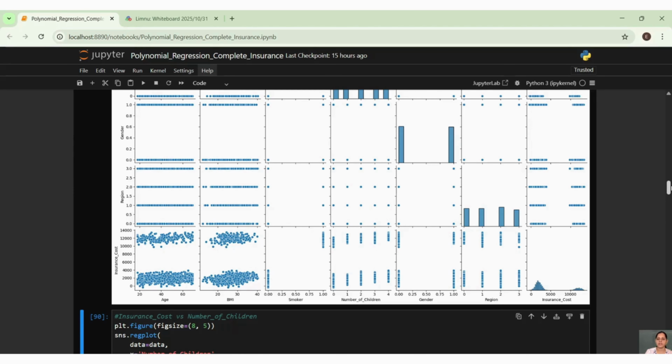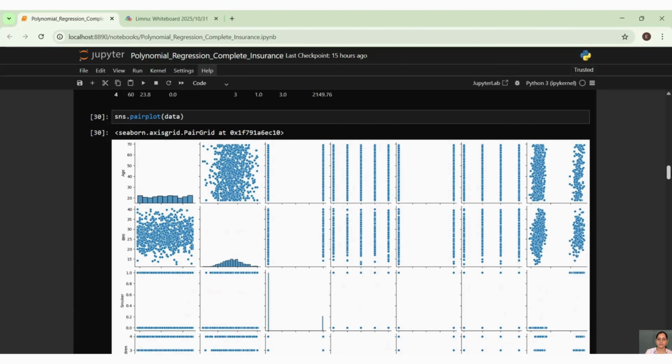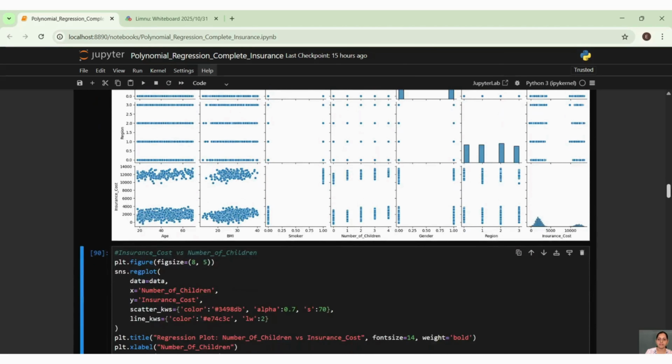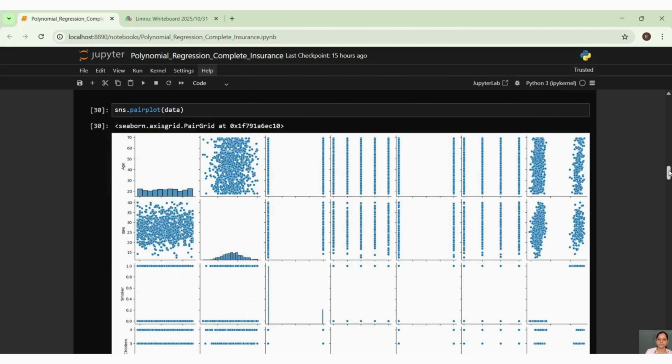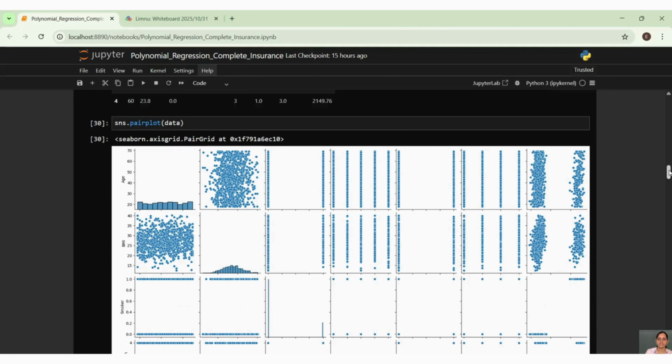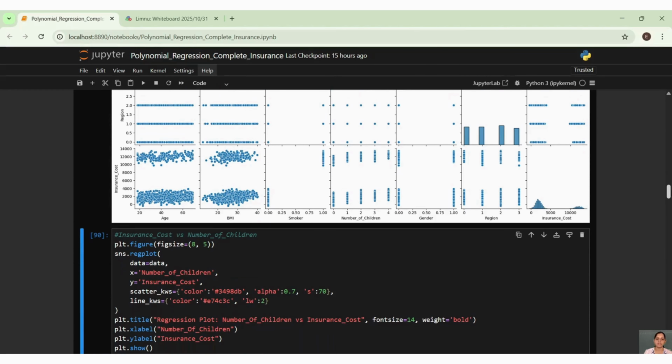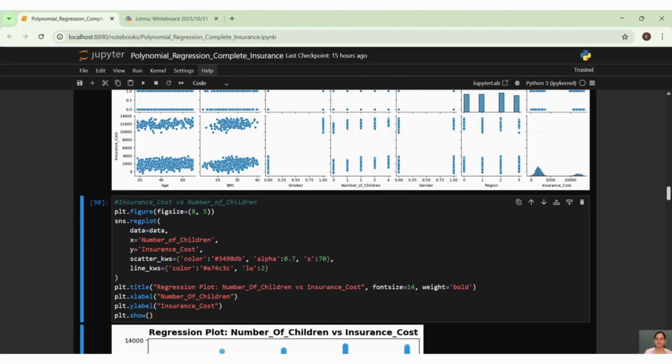This is how we can understand the trend of the data. We can see there is a lot of scatter in BMI and age with insurance cost, and we will see how it comes up.